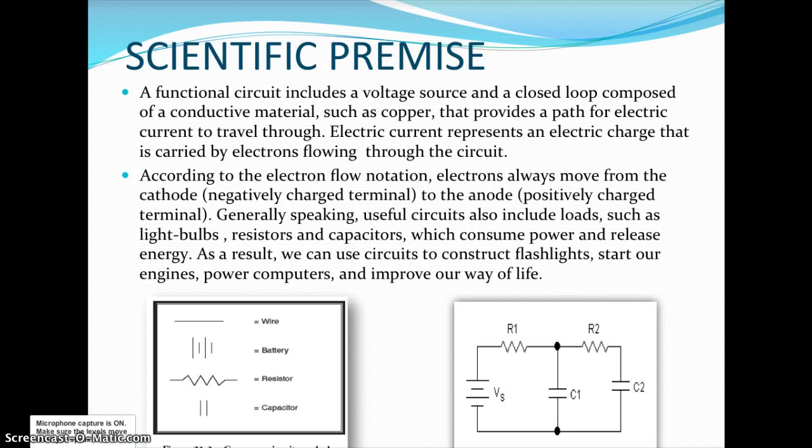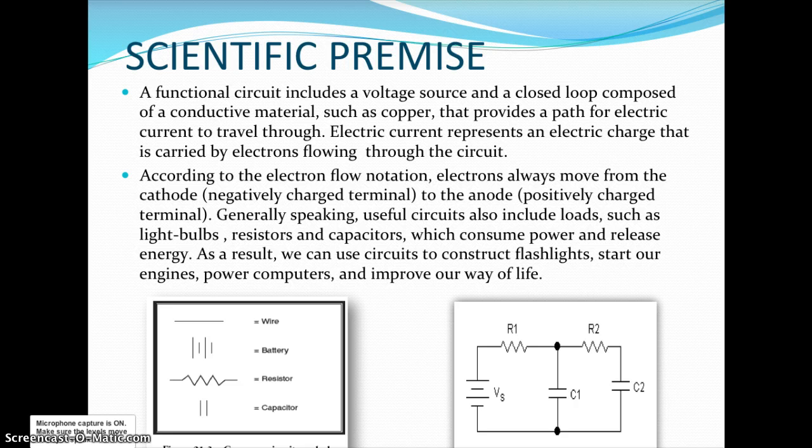A functional circuit includes a voltage source and a closed loop composed of a conductive material, such as copper, that provides a path for electric current to travel through. Electric current represents an electric charge that is carried by electrons flowing through the circuit. According to the electron flow notation, electrons always move from the cathode, the negatively charged terminal, to the anode, the